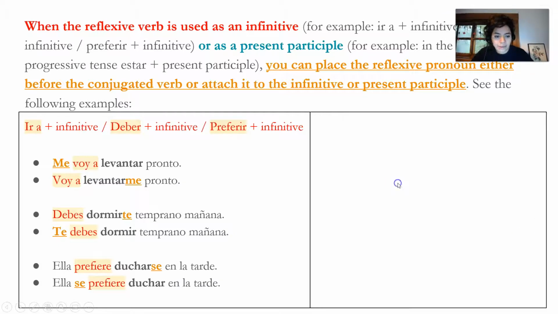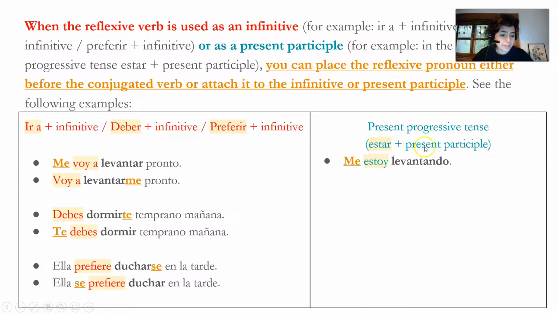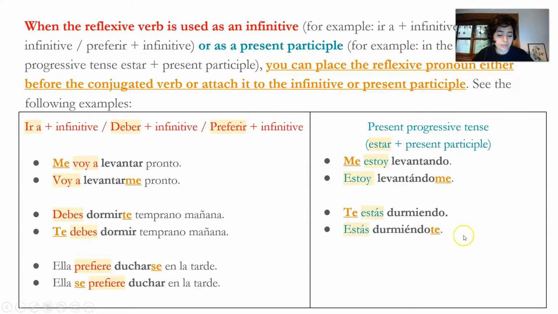So when you have the present progressive tense, which is composed by estar plus the present participle, and your present participle is a reflexive verb, then you do the same. You either place the reflexive pronoun in front of the conjugated verb or attached to the present participle. Me estoy levantando. Estoy levantándome. Te estás durmiendo. You're falling asleep. Estás durmiéndote. So you can either choose to put the reflexive pronoun in front of the conjugated verb or attached